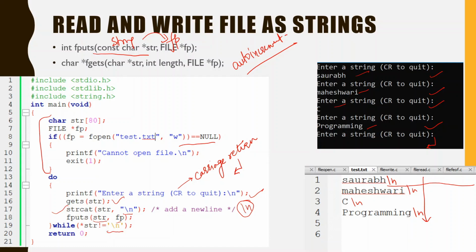And after that you have to observe this fputs, where a string is taken and it is written at the file pointer. This file pointer is auto increment, so the next string goes through this loop, till an empty string is entered, so all these strings would get input to the file. Okay, so this is how fputs works. So fgets also works like that.